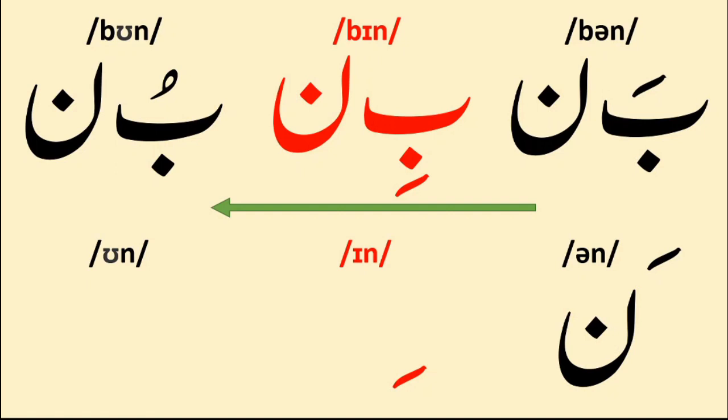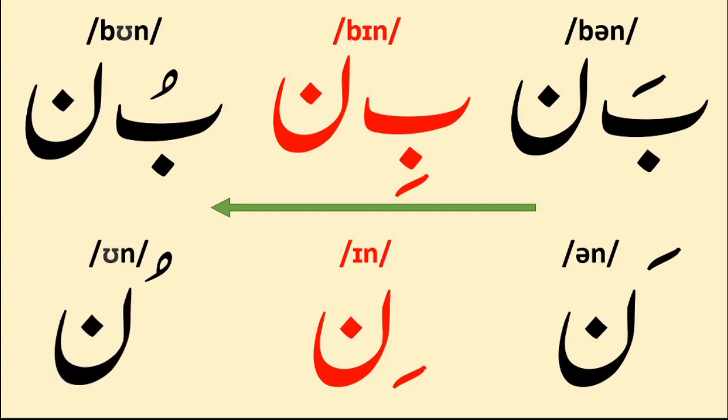I, and in. That's what we write, in. And un. That's what we write, un. Have you noticed? I got rid of b in this phonetic writing. I got rid of b over here, and I got rid of b over here as well. But in Urdu, we do not write these symbols.